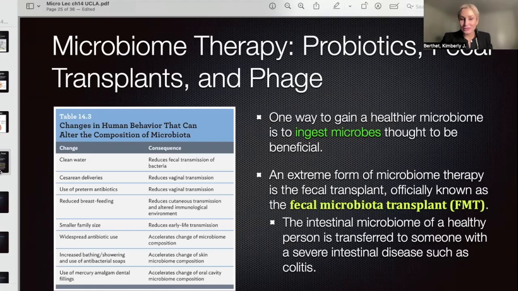And I know that a lot of us are going to think that that's really strange, but if we were in the situation of severe gastrointestinal distress, where it's threatening your livelihood, where you couldn't leave the room, where you were continuously hospitalized, I think most of us would consider the FMT, the fecal microbiota transplant, at that point.